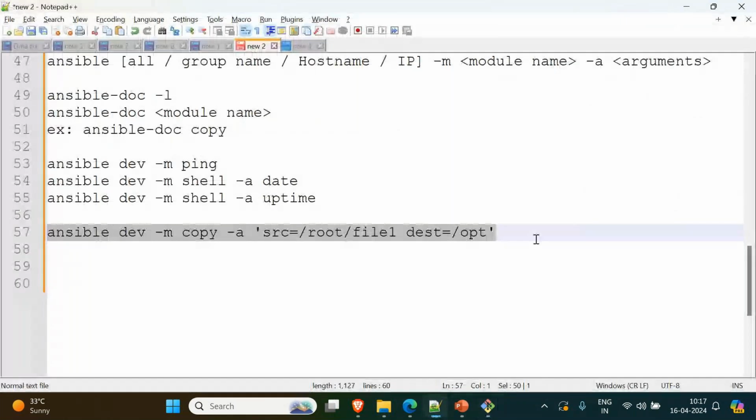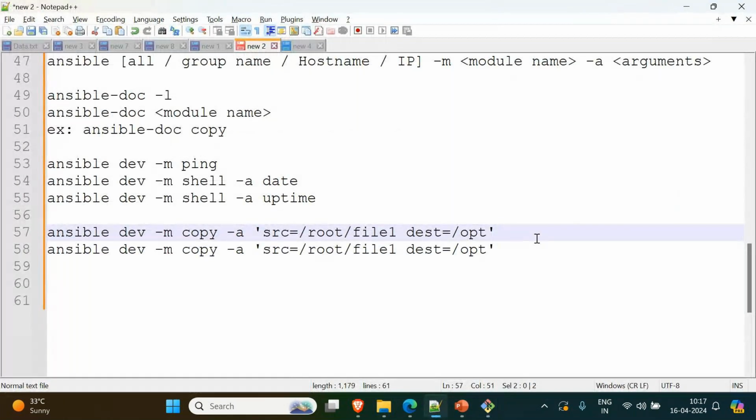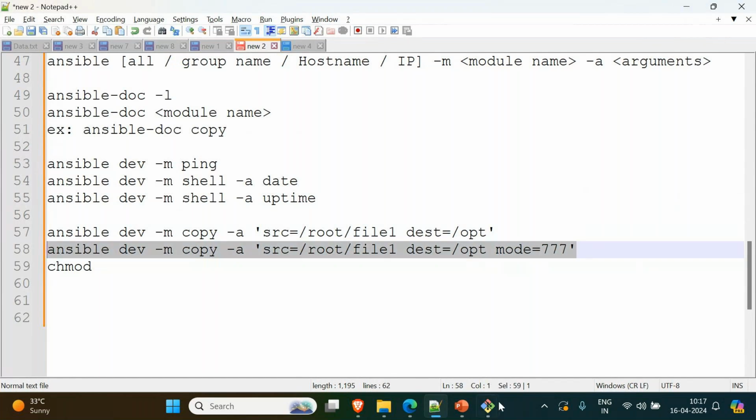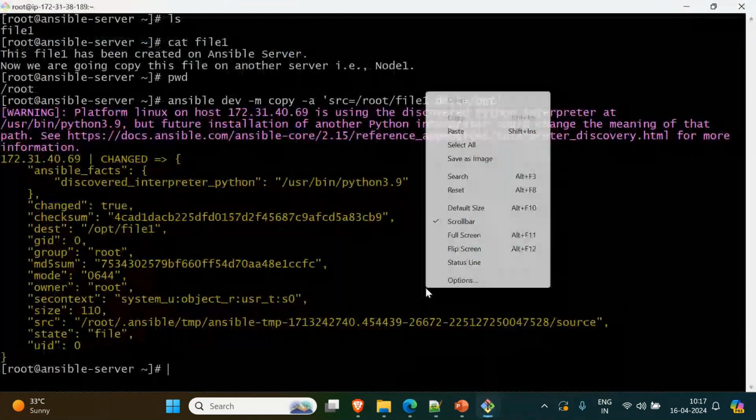So if you go to the documentation, you'll find one more argument with the name mode. You can say what you want to give, 777. When you give 777, it will be all read, write and execute permissions. That is the mode I want. If you remember, we have a command called chmod. This is the command we used for the same purpose. We use the mode argument. Now this command, if you copy and paste over here and execute,